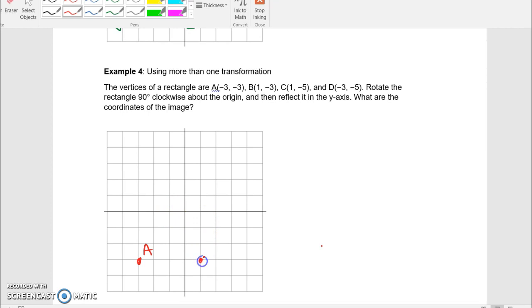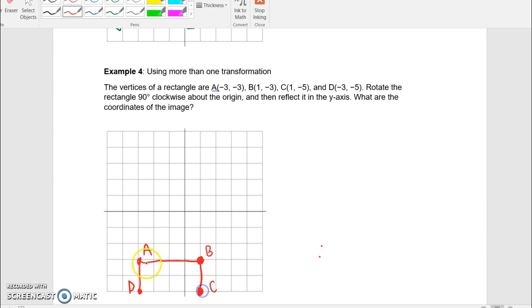So it looks like we're going to be inside 2 different quadrants. C is at 1, -5. And D is at -3, -5. Okay, so we've got, oh, I need to label that D. We've got our